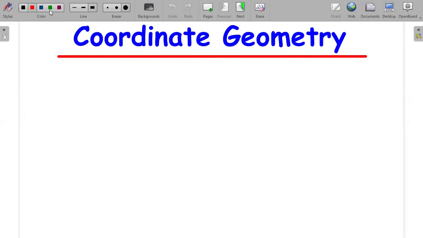All right, so welcome. Today we'll be looking at coordinate geometry. Before we look at some practice questions, we have to understand some important definitions